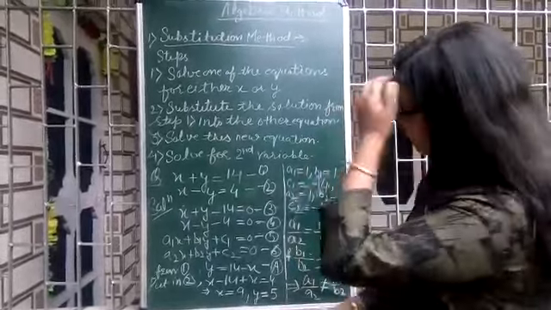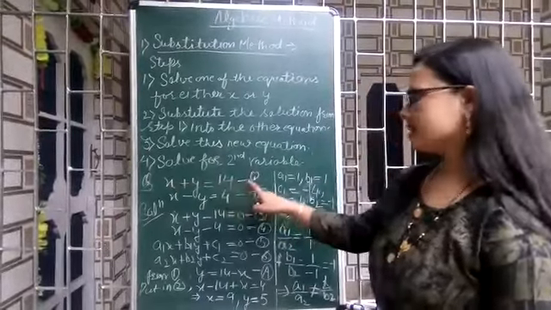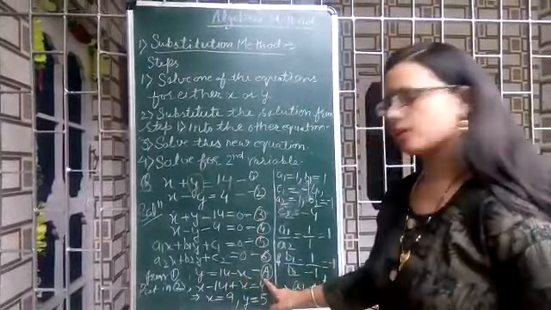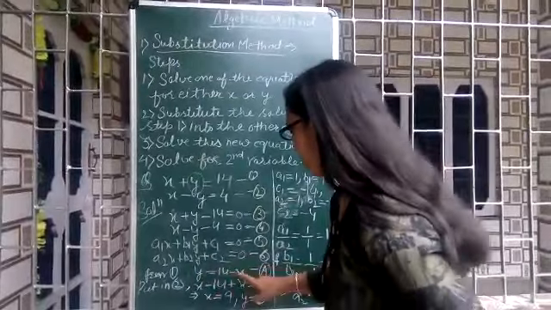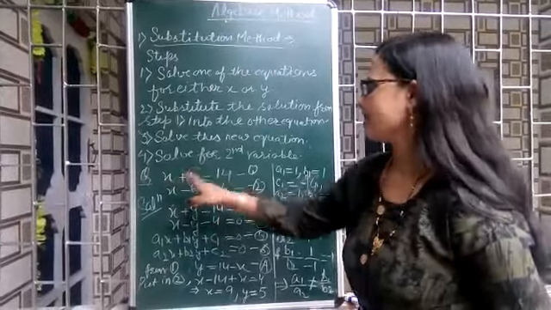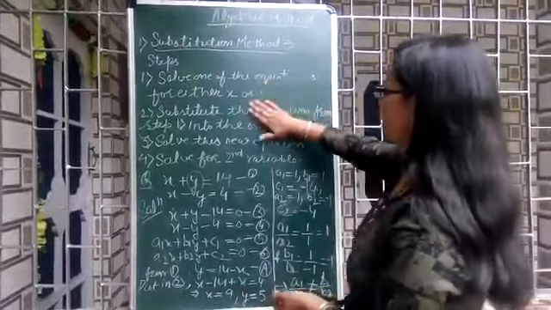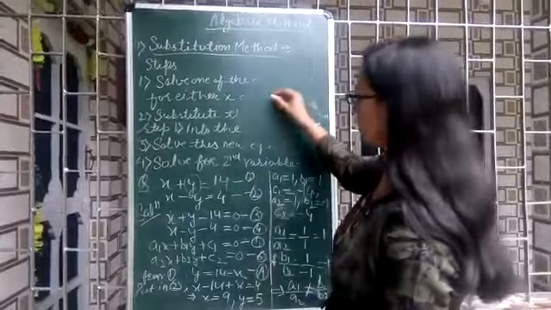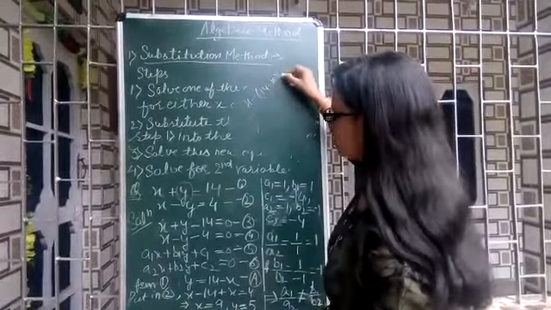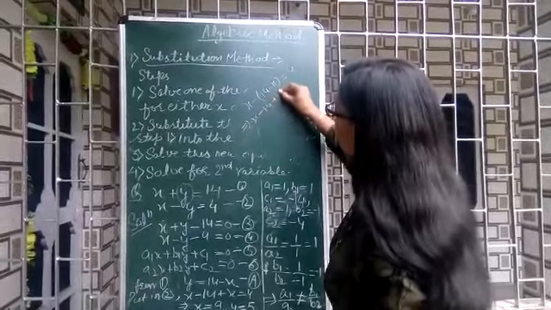Now, from equation 1, we have y equal to 14 minus x. Here, x will go to this side. We get the value of y, that is y equal to 14 minus x. Assume this is equation A. Now, put the value of y in the second equation, equation number 2. At the place of y, we put 14 minus x. The equation is x minus (14 minus x) equal to 4, that implies x minus 14 plus x equal to 4.